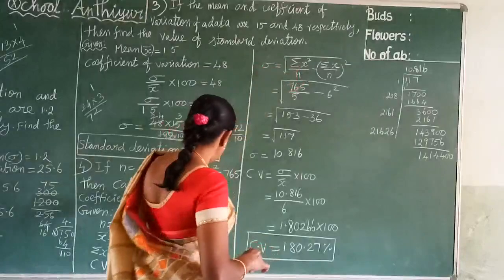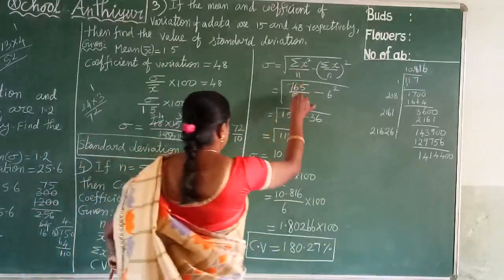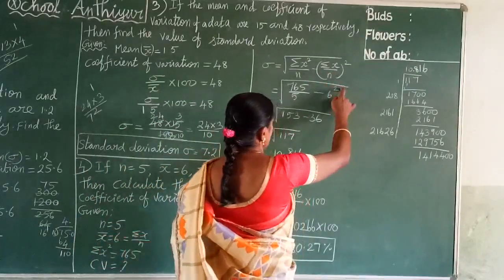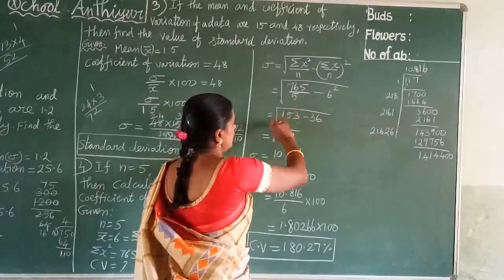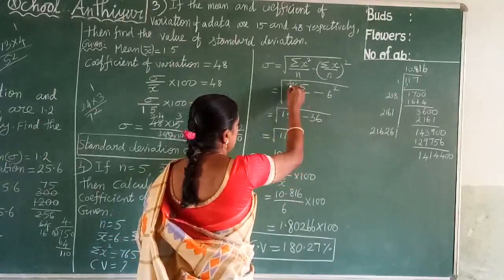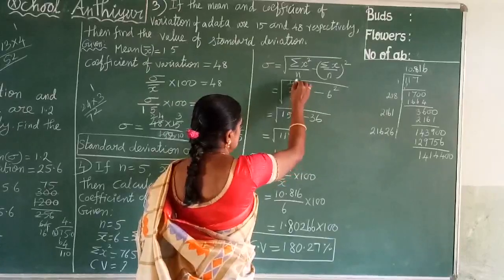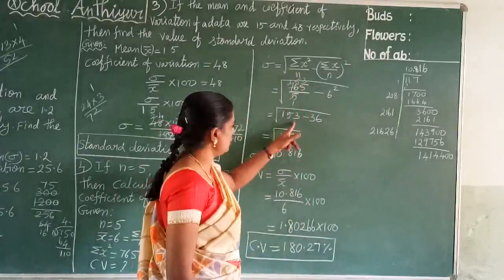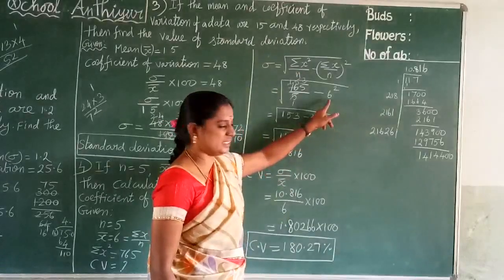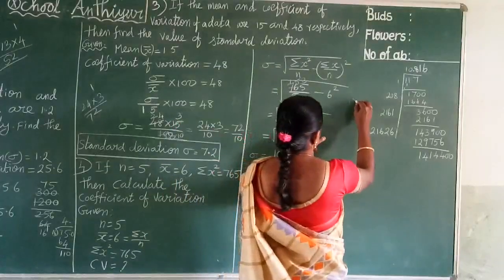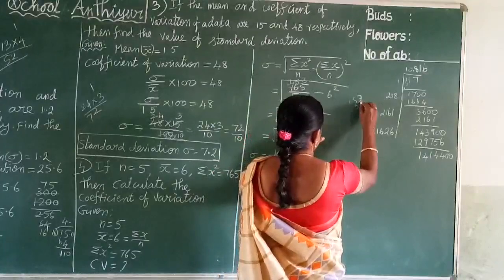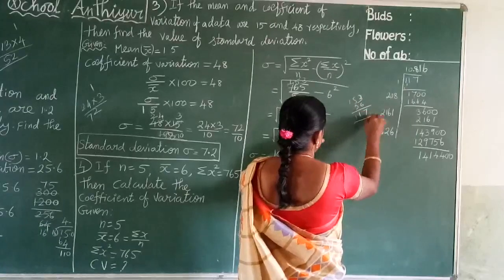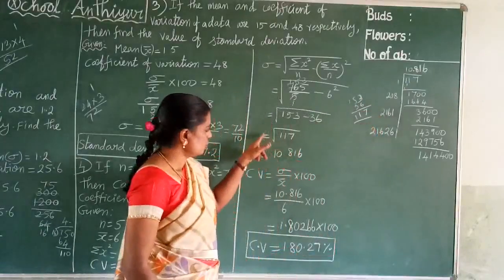And summation x squared 765 by n 5, minus summation x by n, that is the x bar value, that is 6, 6 square. So 765 by n. Simplifying: 1 5 is 5, remainder 2. 26 means 5 5s are 25, remainder 1. 15 means 3 5s are 15. So we get 153 minus 6 square. 6 into 6 is 36. 153 minus 36. What is the answer? 13 minus 6 is 7, 4 minus 3 is 1, 117. So 117. Taking the square root.